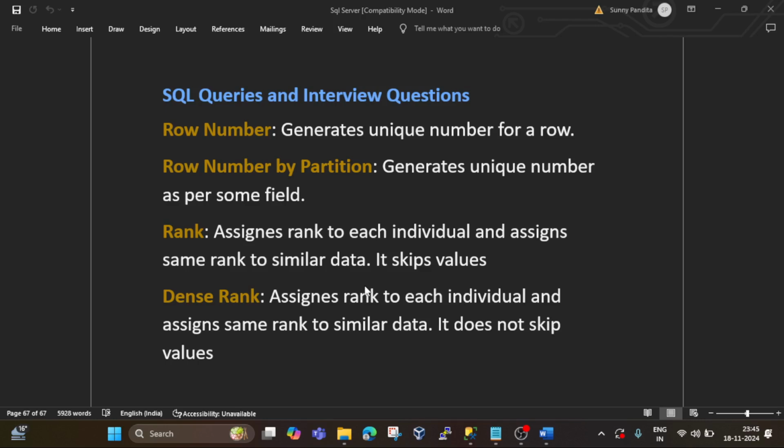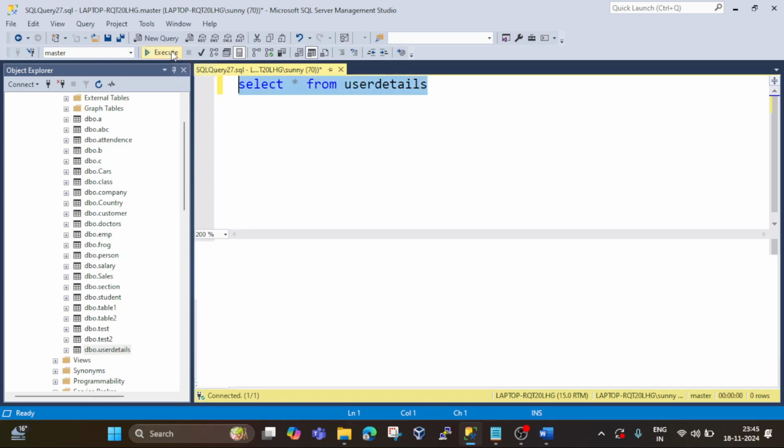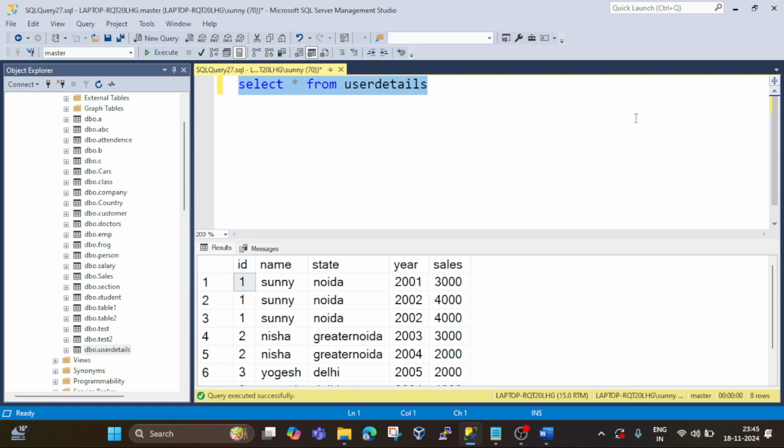For that, let's open SQL Server first. So this is SQL Server. Now before we start, let's pull out the data from a table named user details using a select statement. To execute the query, select the query and click on execute. You can see we have the below output from this table, in which we have columns like ID, name, state,